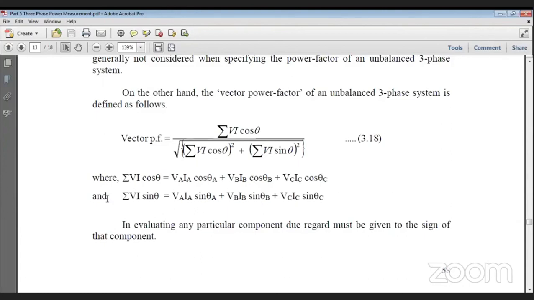Now please remember, the cos theta is positive irrespective of whether theta is positive or negative, so they will be added arithmetically. Whereas sine theta will be either positive or negative depending on the angle, that is inductive or capacitive. So they will not be arithmetic addition, it will be algebraic addition. Once I do this, I follow the simple logic. The numerator will be the total active power. The denominator will be the voltampere, which is the square root of active power square plus reactive power square. If you take this definition, there is absolutely no confusion about the power factor as actually drawn by the load.